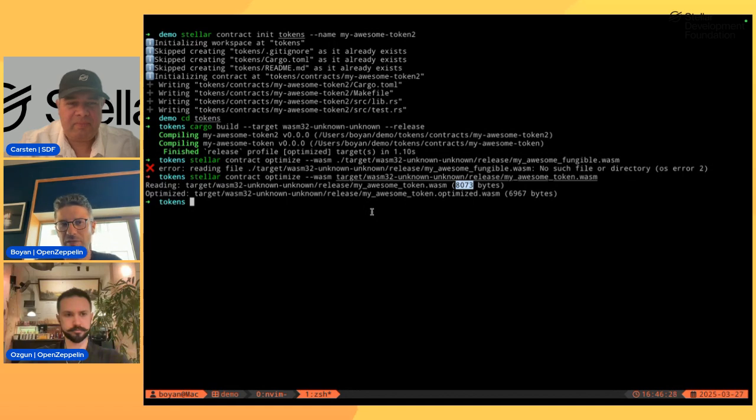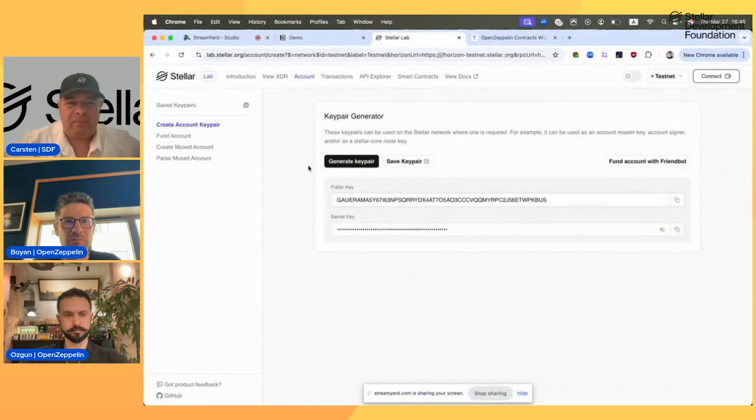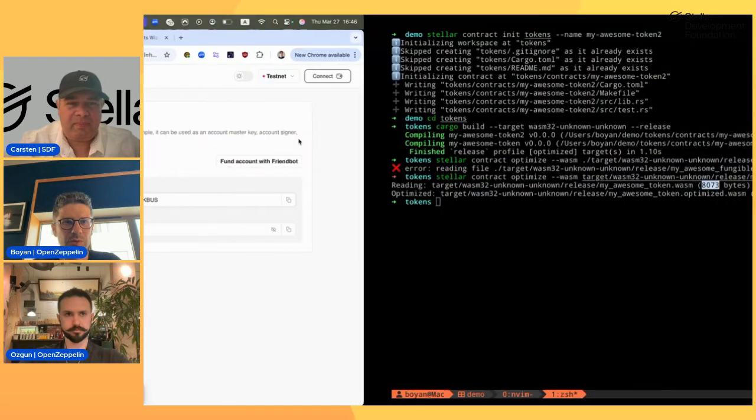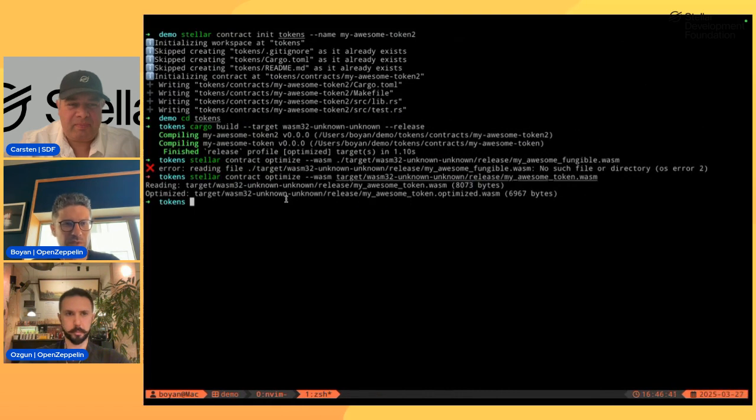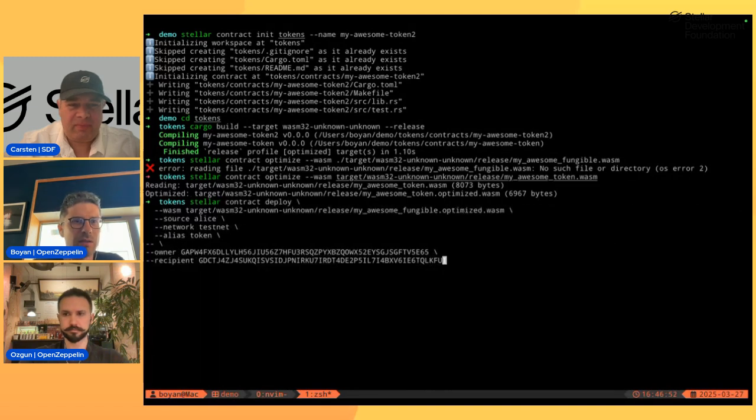Just for the record, I set up a wallet from the Stellar Lab and funded it with some testnet lumens, and now we are going to deploy it. So it was called my awesome token, right?